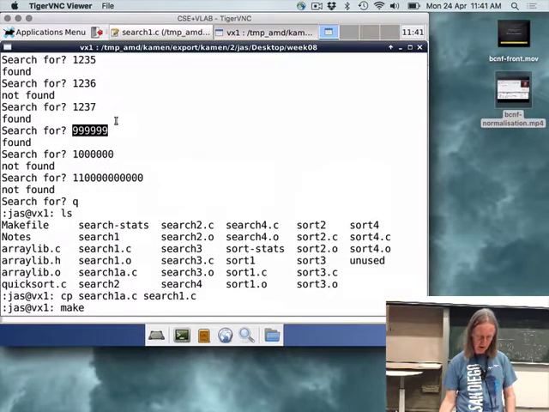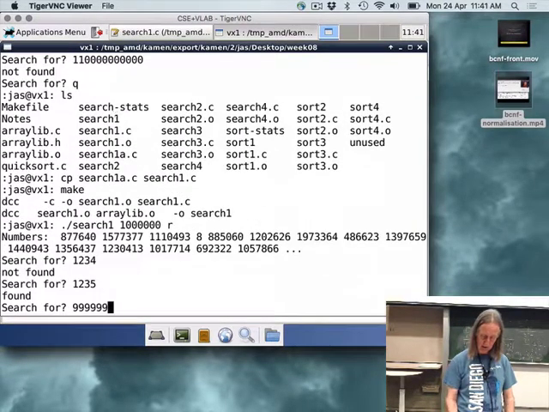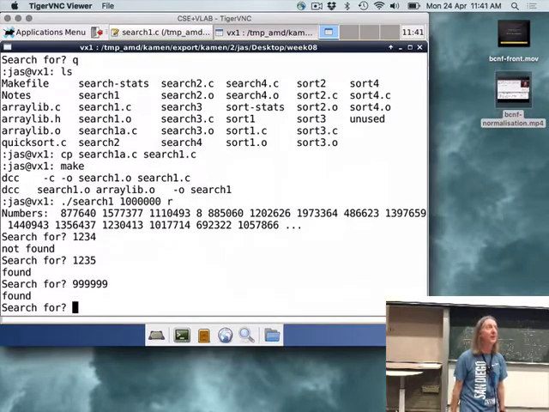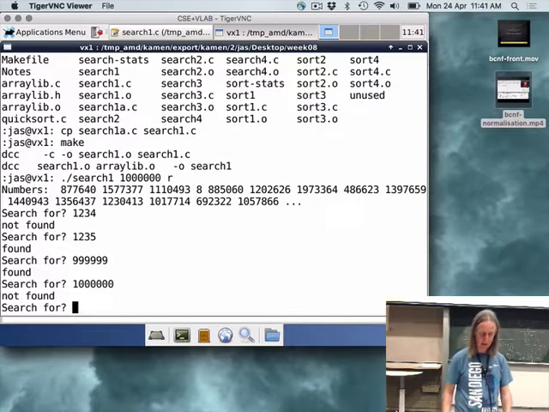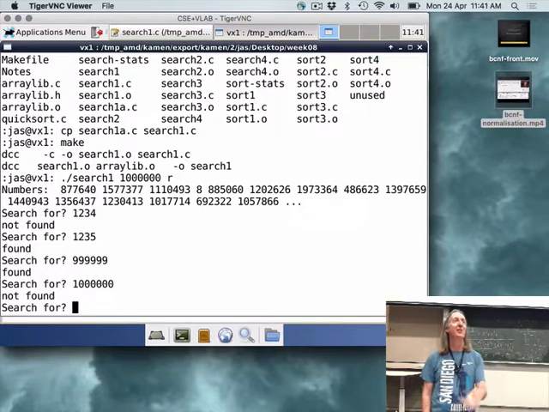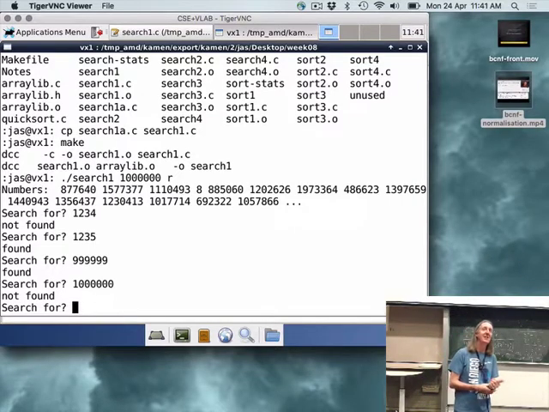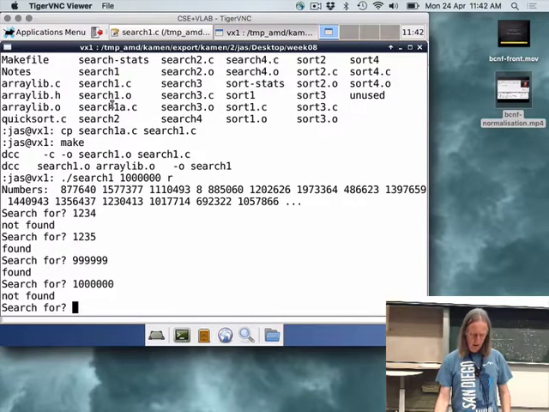How many 9s were there? 6. Okay, so that value's found, and it's not found. So, jumping to a general conclusion from those 4 examples, it seems that the code is working, and in fact it is. Alright, so